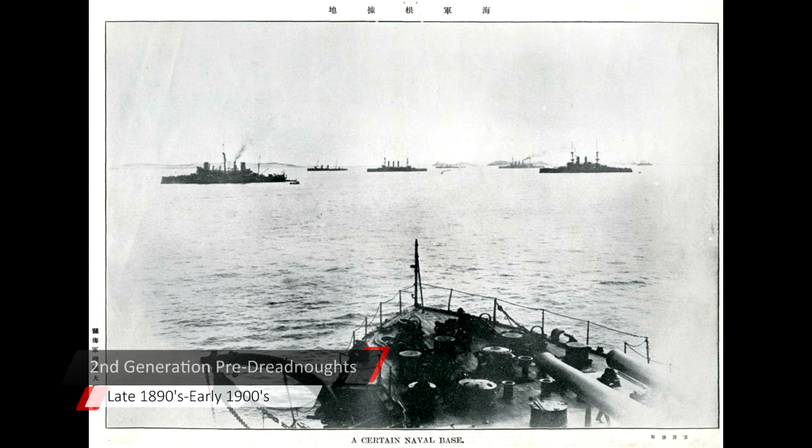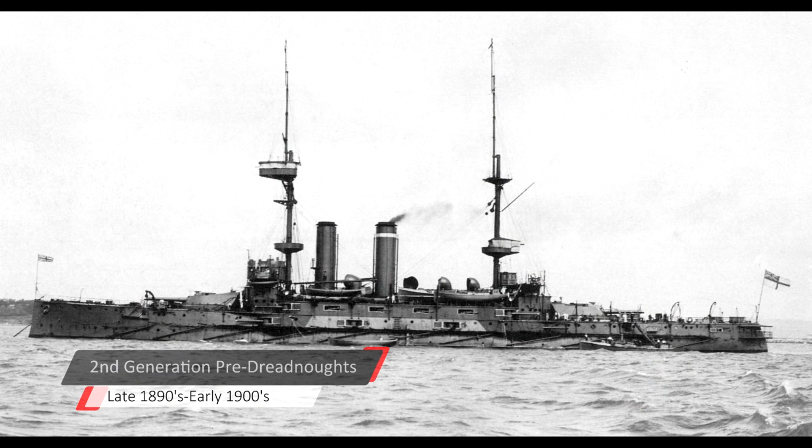These should have Krupp steel, maintain a high freeboard, have 40 caliber guns or longer, reflecting advances in firepower technology. Again, generally should have 4 main guns in a pair of twin turrets, one fore and one aft, with 1 or 2 exceptions, and their main gun caliber should also be 11 inches or above. This means that second generation pre-dreadnoughts would include the formidable London, Duncan, and King Edward VII classes in the Royal